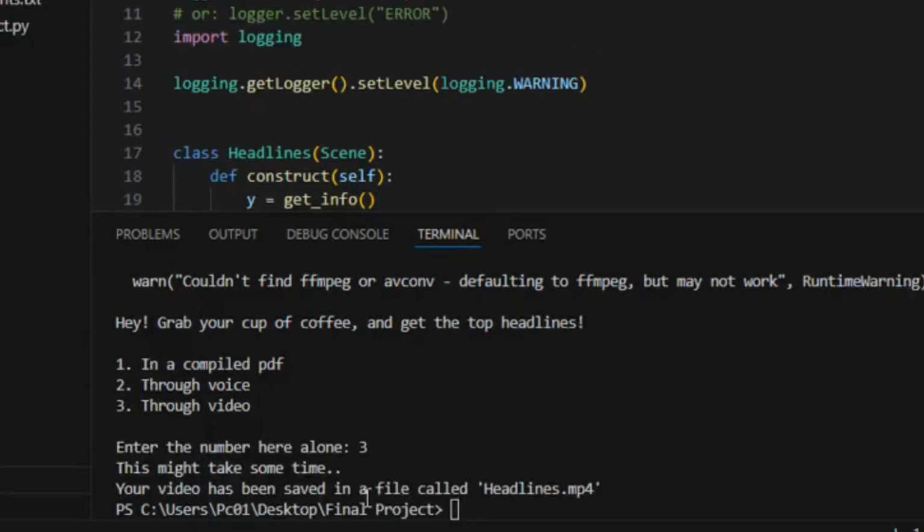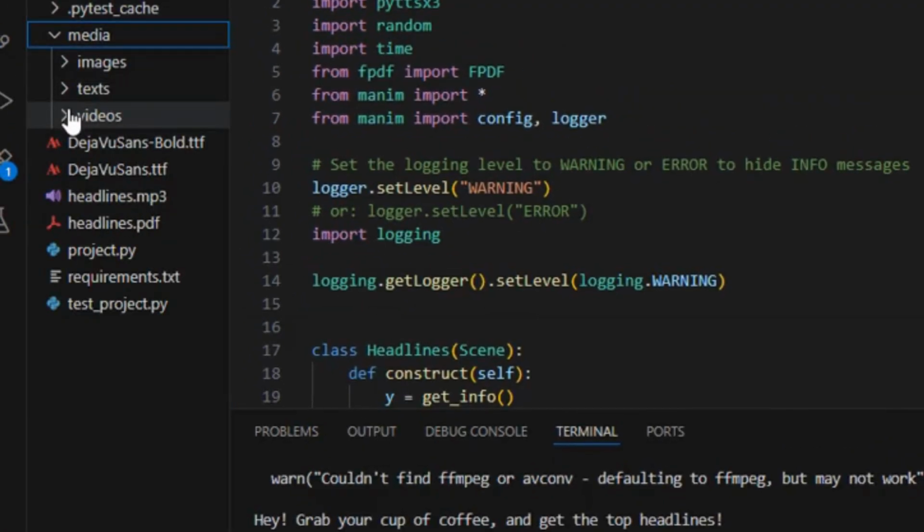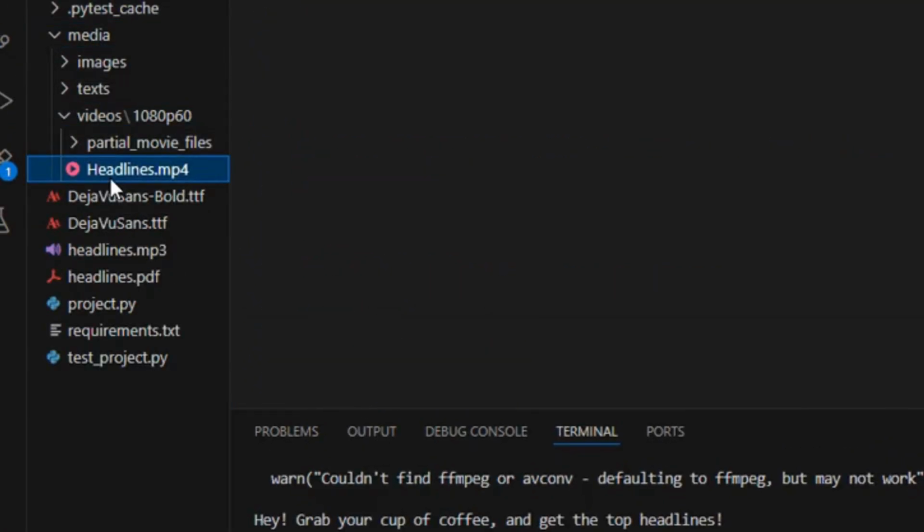It's given us the update that it has been saved in a file called headlines.mp4. Let's go into our media folder, open videos. We can find headlines.mp4 here. As you can see, the video can start playing now. Let me show you what the video is. It tells you the name of the source of the news first, and then goes with the headline,